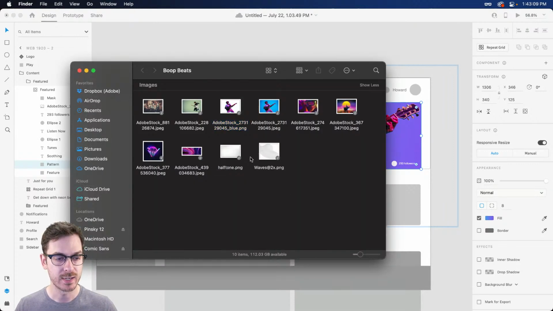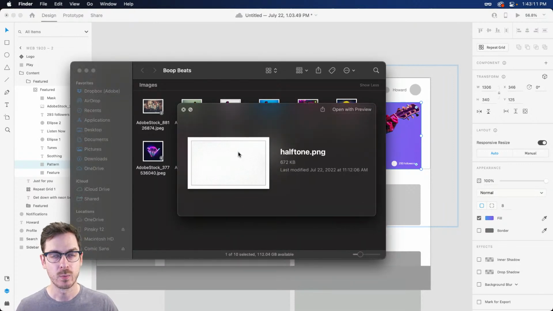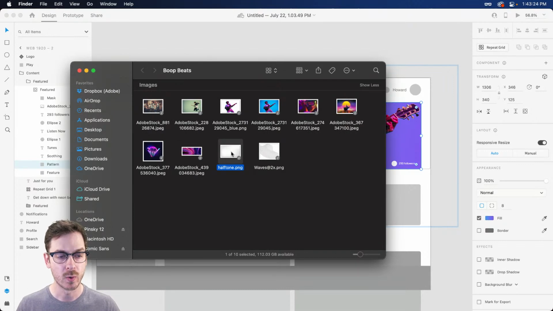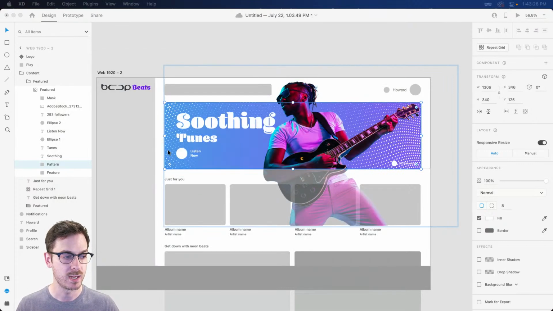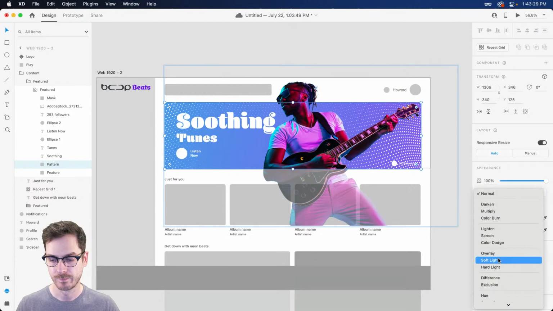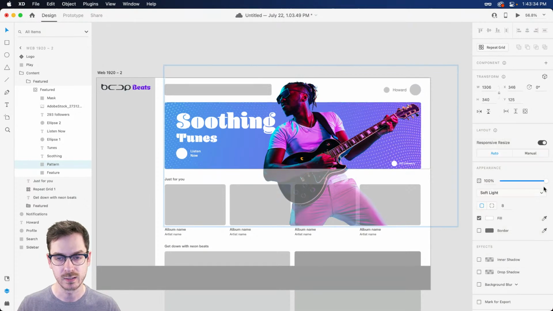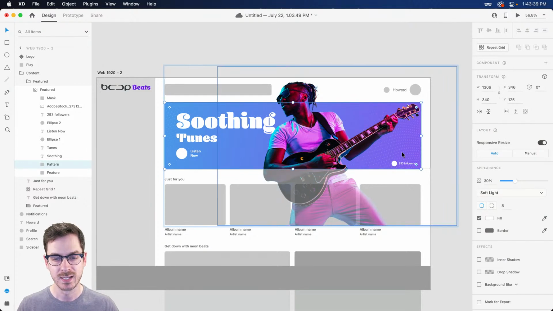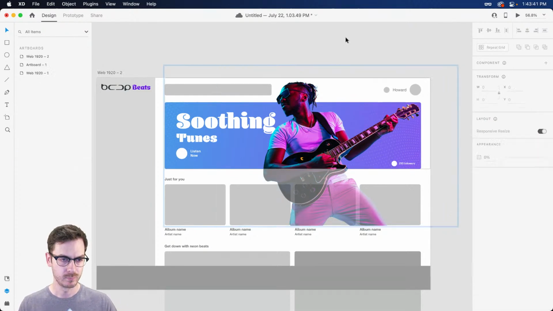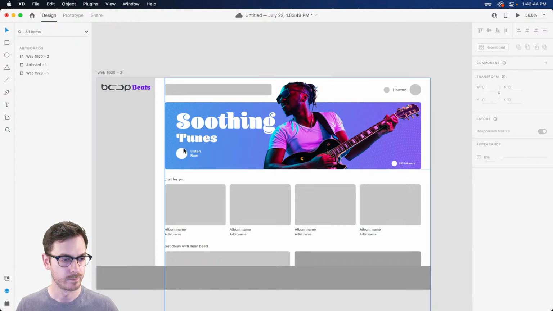And if I hop back over to Finder, I do have this halftone texture, which I did license from Adobe Stock, came over as an Illustrator file. And then what I did was I just imported it into XD, made some changes to the color, and then exported it as a PNG. I'm going to copy it, or I can also drag it directly onto this shape here. And then experiment with our blend mode. So something like overlay could work, or soft light could also work. And I'm going to drop the opacity so it's not too strong. So we just have this nice, subtle texture going on. And I think it looks kind of fun, right?